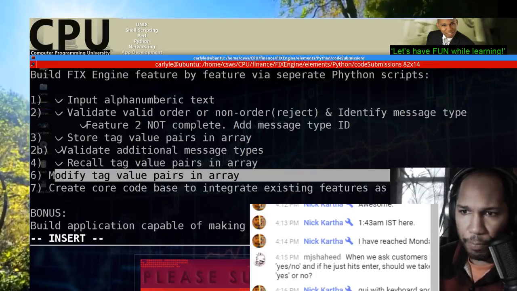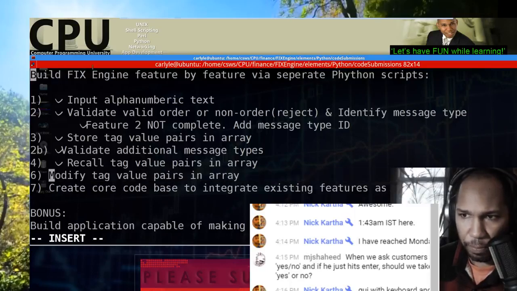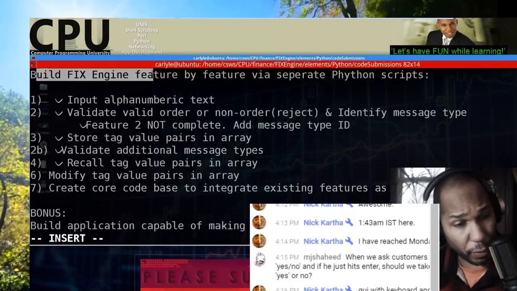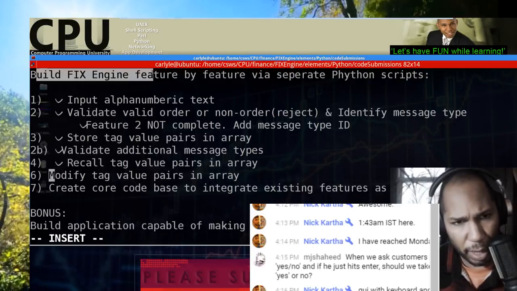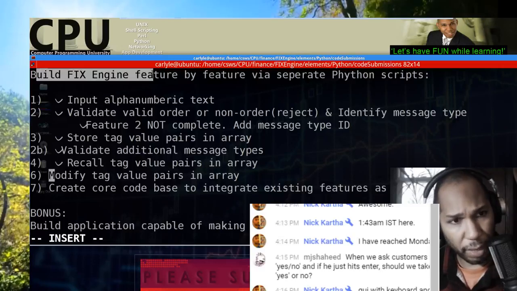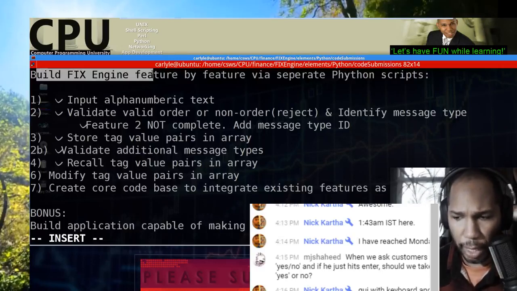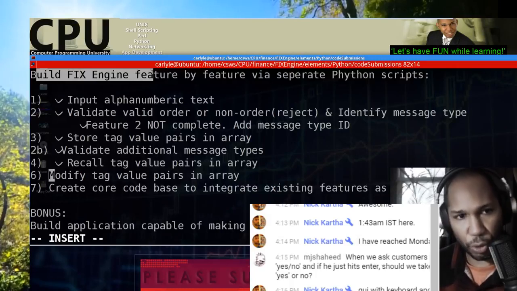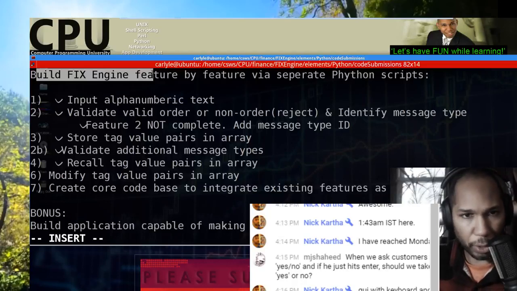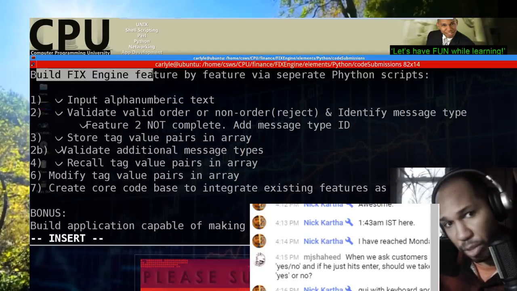So we're building a Fix Engine, and real quick, for those of you that missed my previous video, a Fix Engine is basically, think about a server that you're going to use to transmit financial information electronically between two counterparties. So let's say myself as an entity, I want to trade stocks with you, right? You're somewhere else, I'm here. I want to be able to send you an order electronically, and you want to be able to receive that order electronically, respond to it and send me executions.